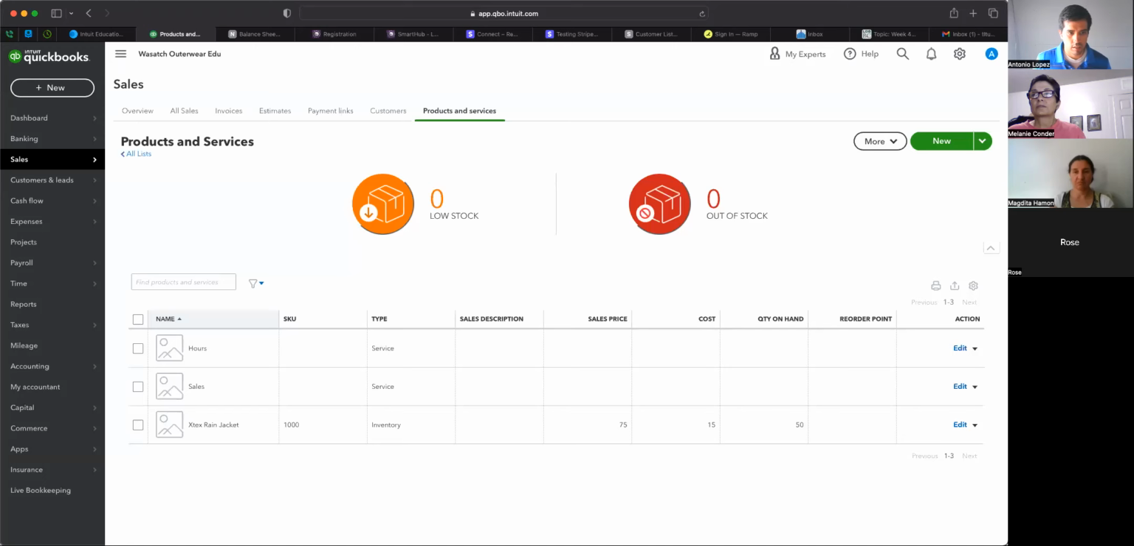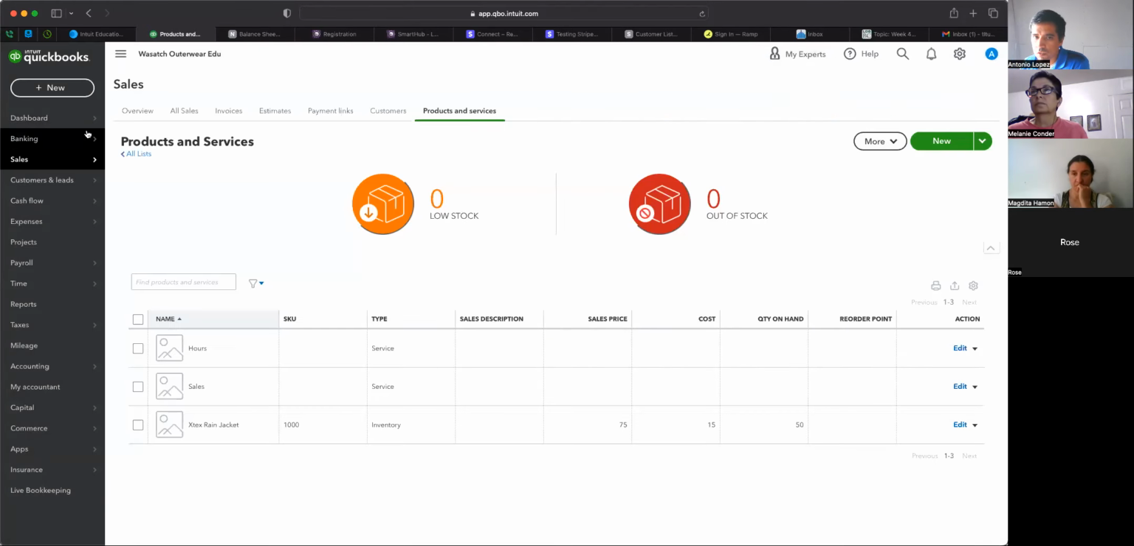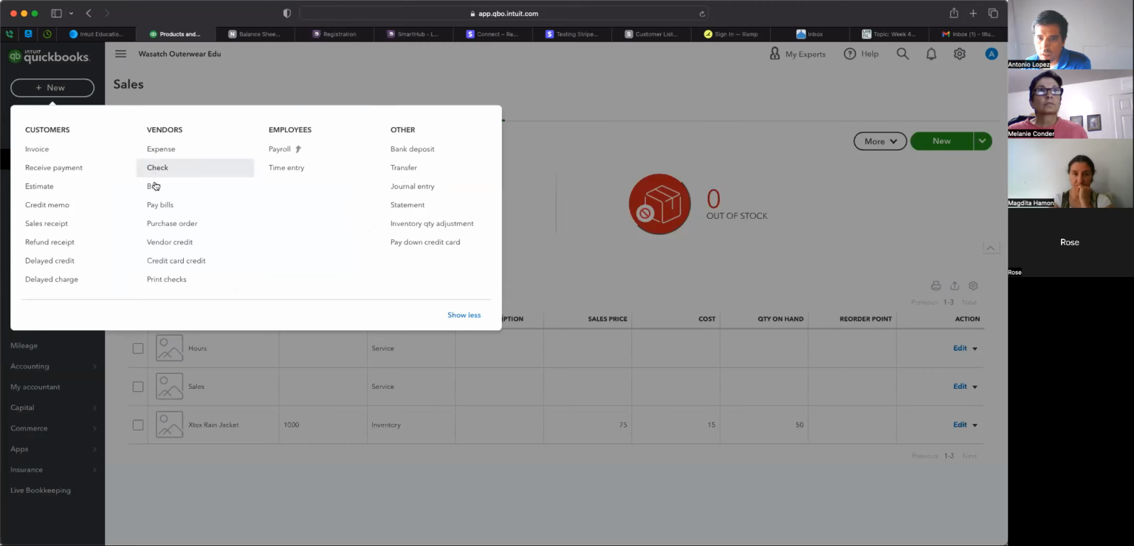Yeah, so let me, oh, so let's see, screen share, products and services. So just be cognizant of the sell price, the cost, the quantity on hand. And then as you make your transactions, if you go to purchase inventory, or if you go to sell inventory, make sure you have,